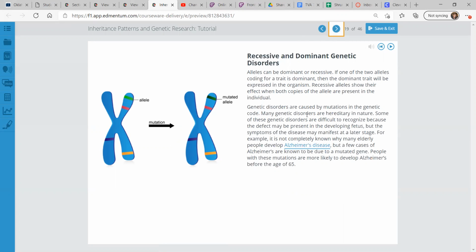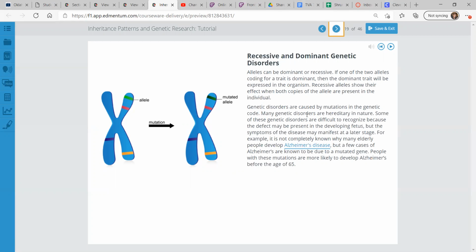Recessive and dominant genetic disorders. Alleles can be dominant or recessive. And what that means is if one of the two alleles coding for a trait is dominant, then the dominant trait will be expressed in the organism. It dominates the other trait. And a recessive allele shows its effect when both copies of the allele are present in the individual. And I think we'll get a few more pictures in the next few slides to help you understand what that